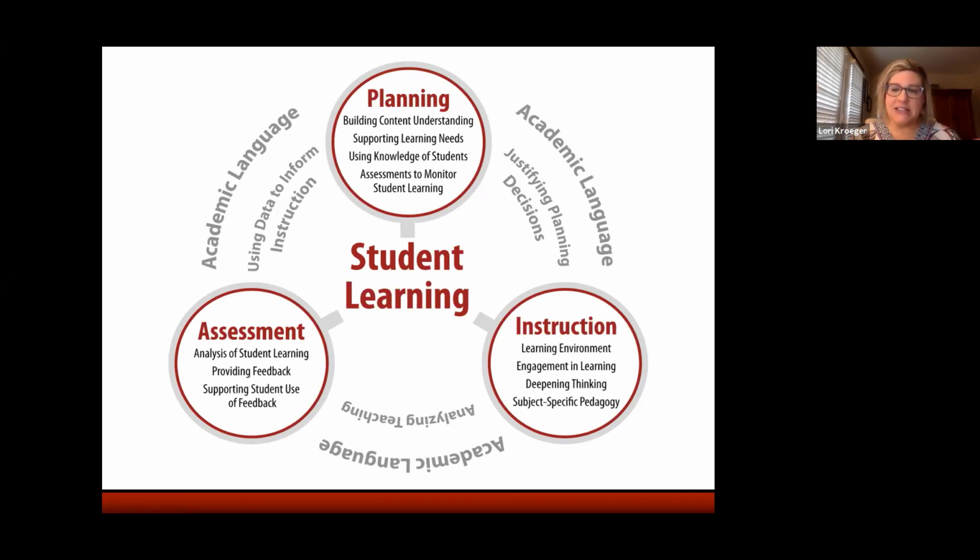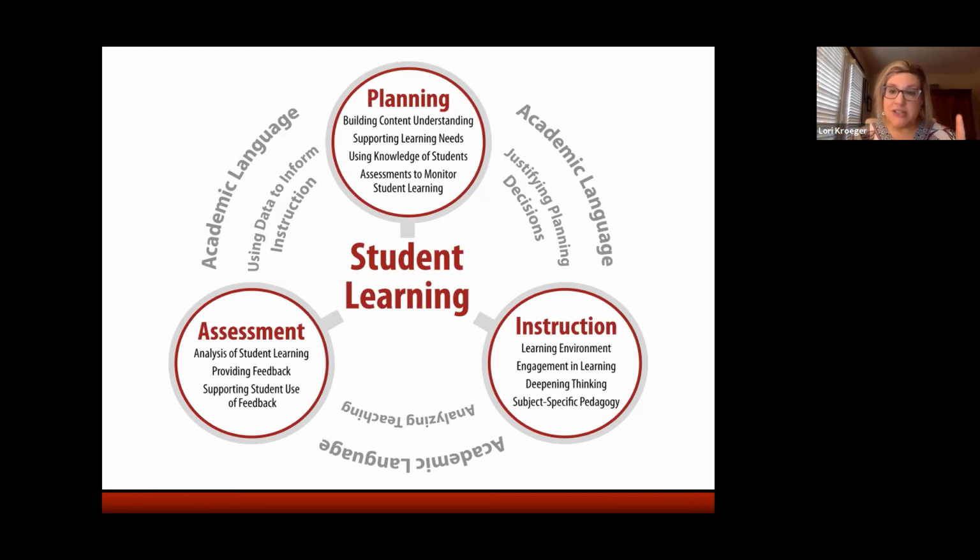This is the task where candidates provide evidence and a reflection of their planning for content understandings, how they're planning to support varied student learner needs, how they use knowledge of their students when planning, and how they're selecting or designing assessments to monitor student learning. So that's all in the planning task.